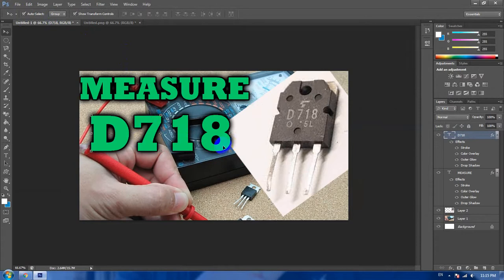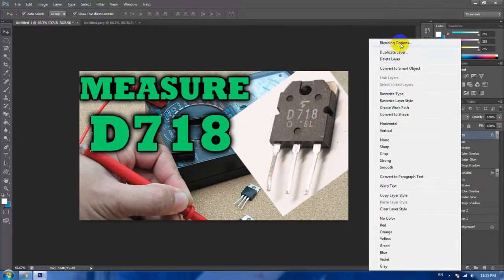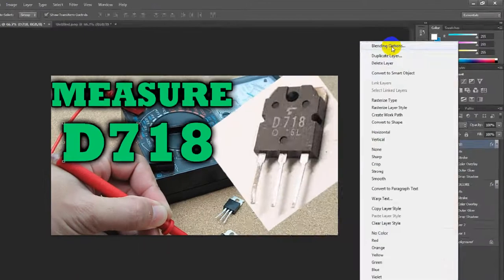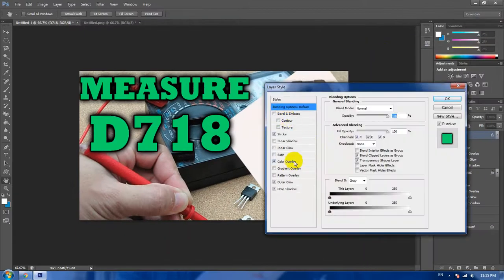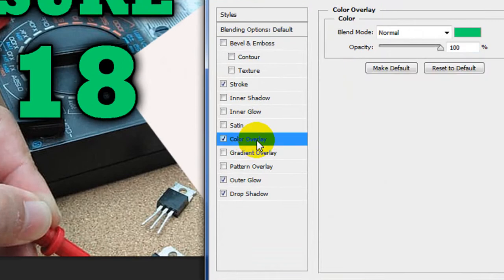Now we're gonna click on that and right click on the layers here, and you will see the blending option here. Choose that, and you will see the color overlay here. Now click on that,